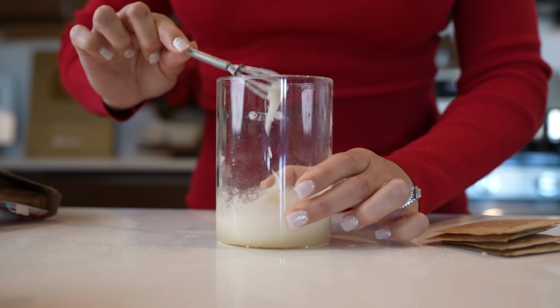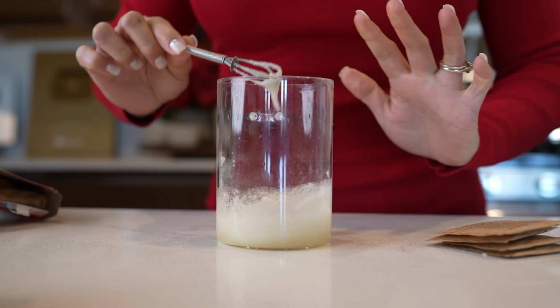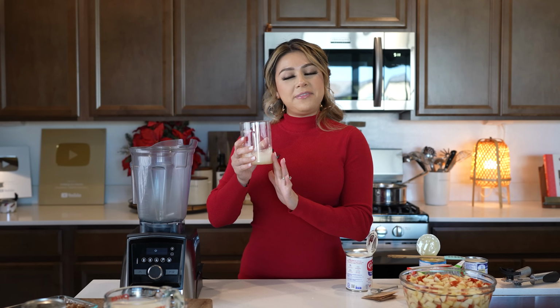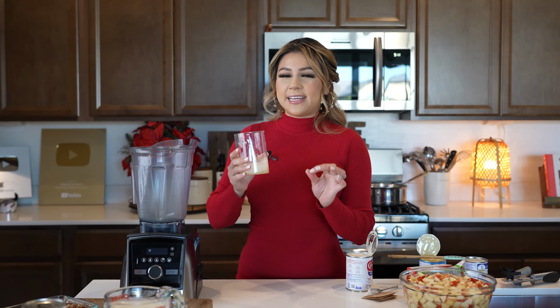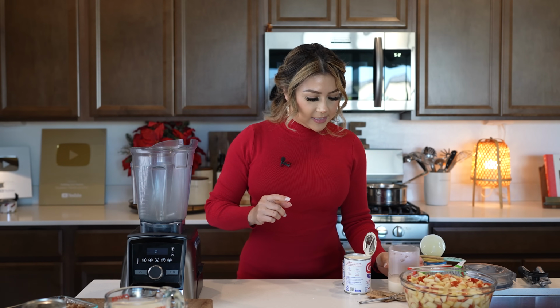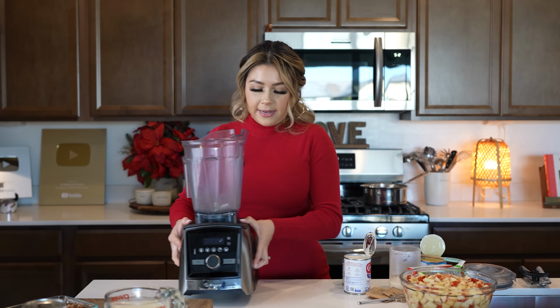Okay, so once it thickens, we're going to set it to the side and allow it to rest for 5 minutes. Okay, so after 5 minutes, we're going to place our unflavored gelatin in the microwave for 30 seconds. Okay, and once we have liquefied our unflavored gelatin, we're going to set it to the side, get our blender,